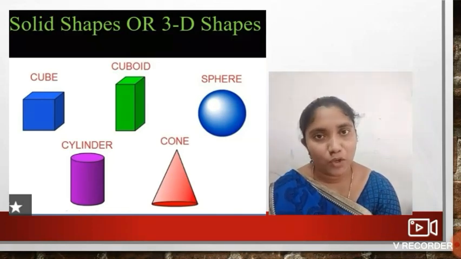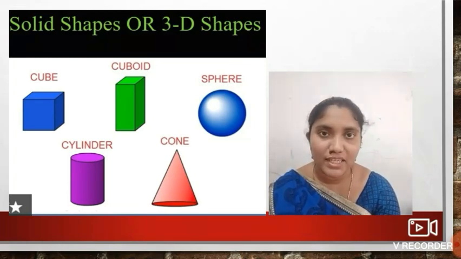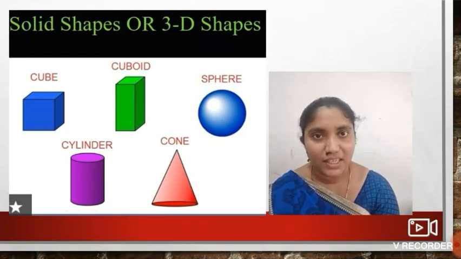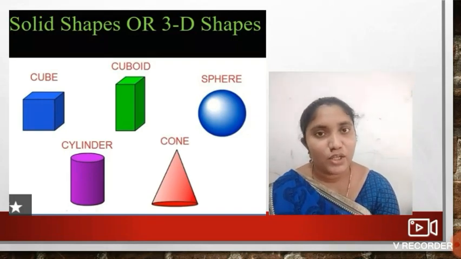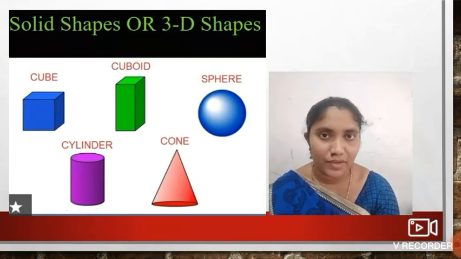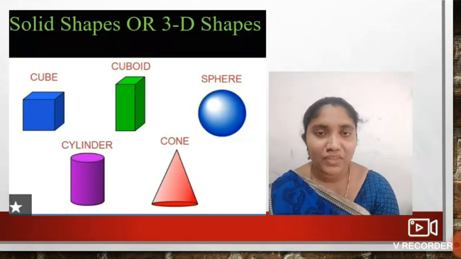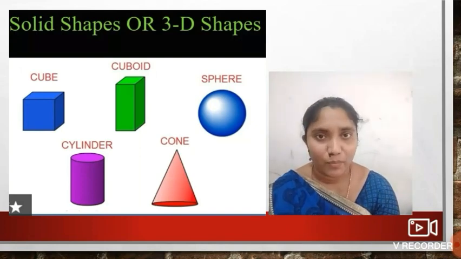The next shape is cuboid. A cuboid has 6 flat surfaces. There are no curved surfaces in a cuboid. All the faces in a cuboid are rectangles. The opposite faces are equal. The cuboid can slide. The examples of cuboid are matchbox and duster. The next shape is cylinder. A cylinder has two flat surfaces and one curved surface. The cylinder can roll and it can slide. It can do both. The examples of cylinder are color bottle, lunch box and Coke tin.